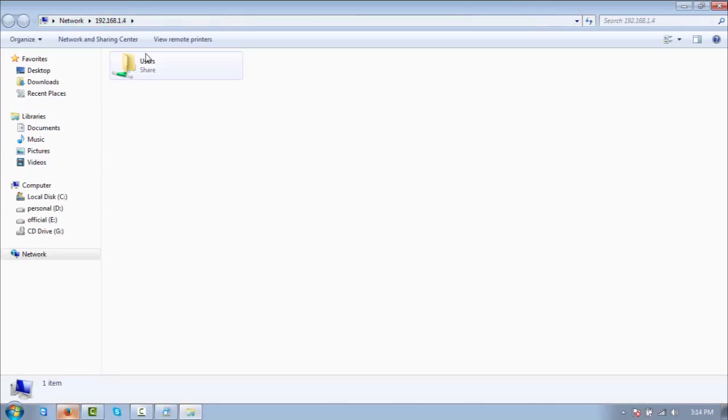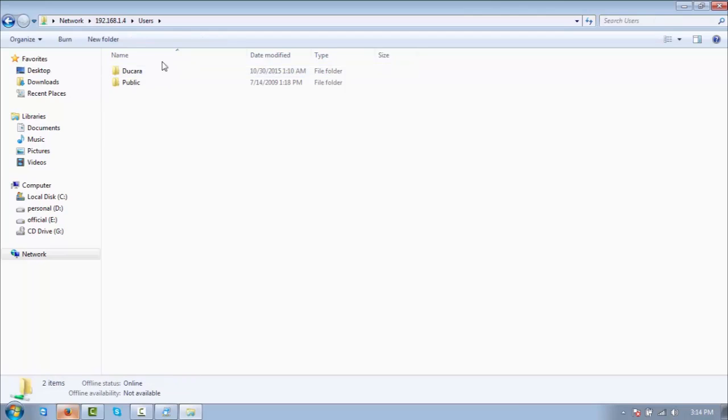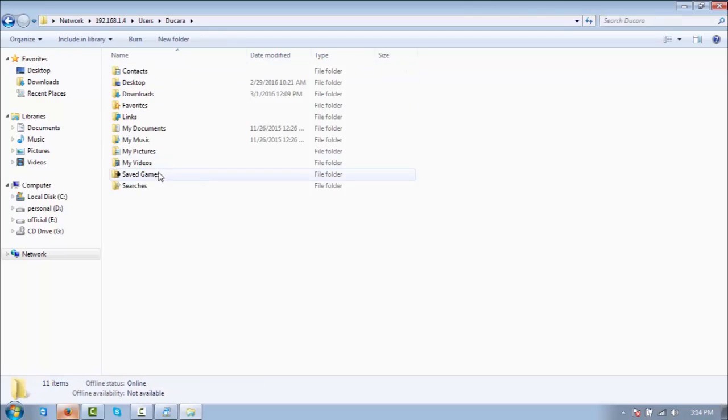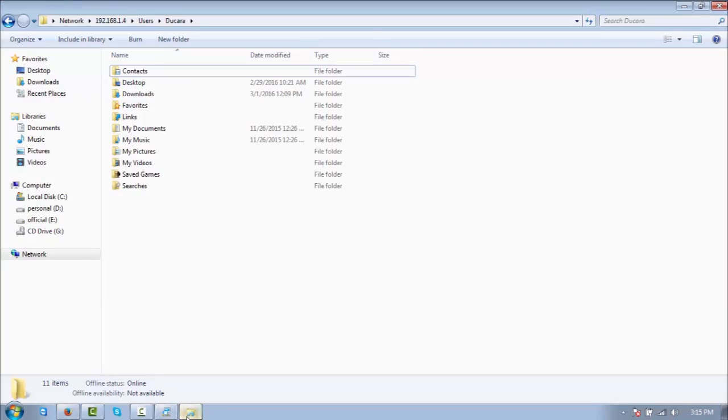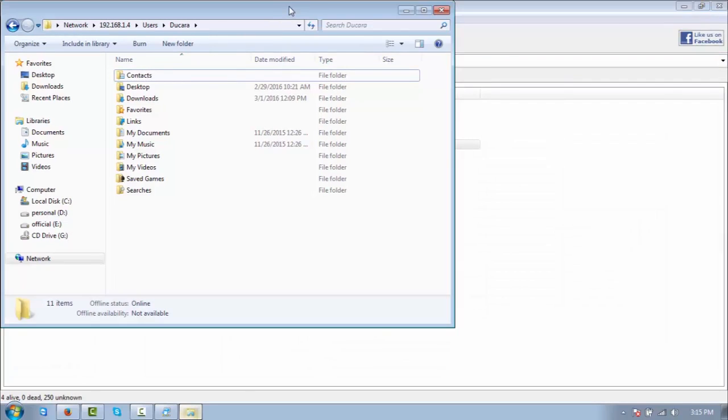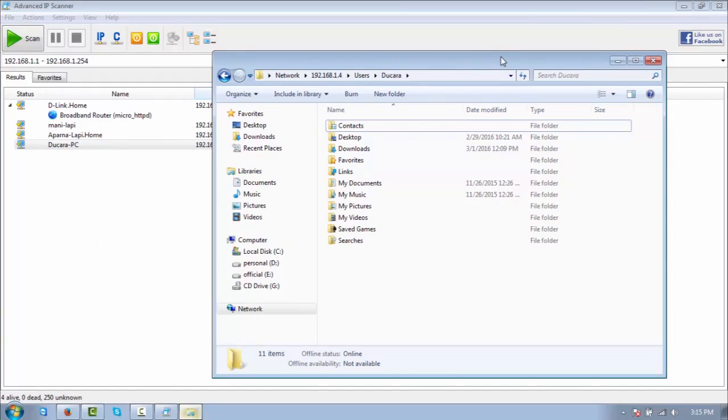Here we go. You can see here the complete detail of the system, Dukara. Here we go, the desktop and each and everything, right? You can see here we can get access. In case you want to shut down the system, we can do the same thing. Complete drives you can see here, right? The network